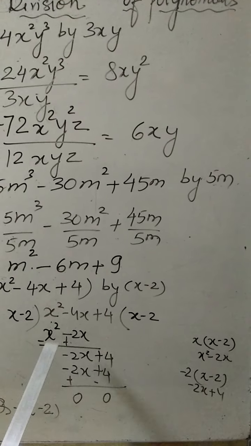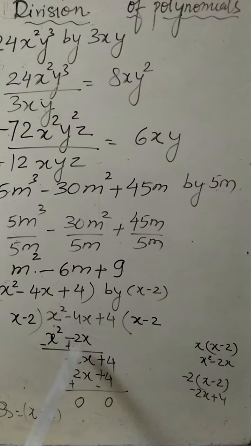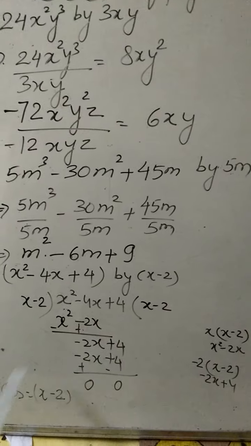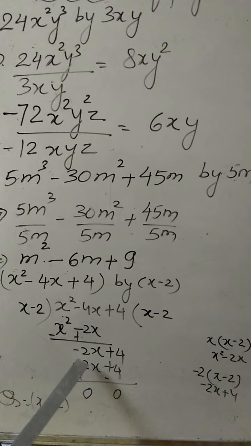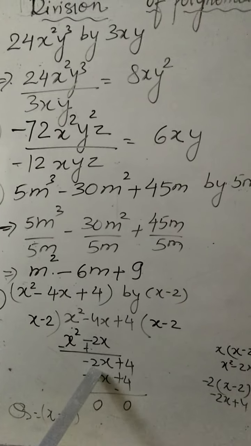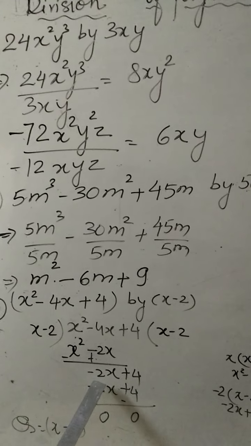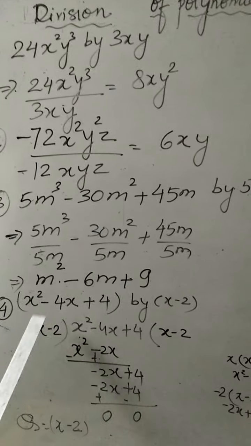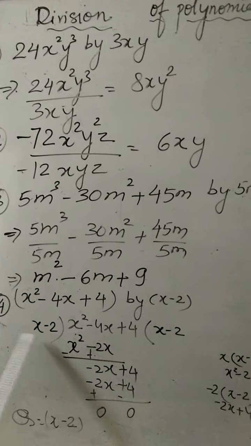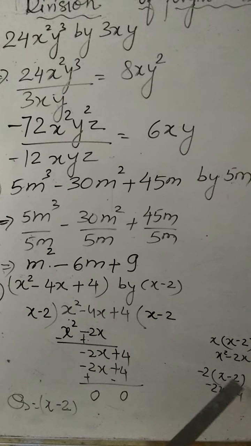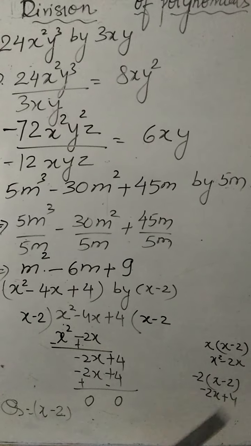Now you have to solve. Minus 4x plus 2x will give minus 2x, and x square minus x square, this term will get cancelled. Now next you need minus 2x here. So your target is, don't see this part, just see here is minus 2x, what you should multiply here so that you will get minus 2x. So x minus 2, multiply it with minus 2.